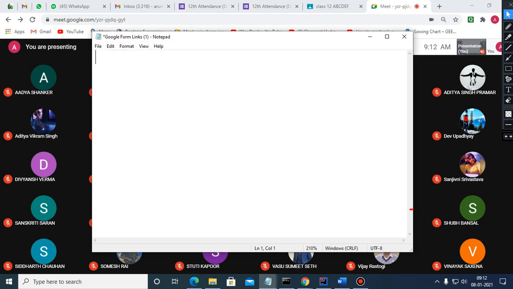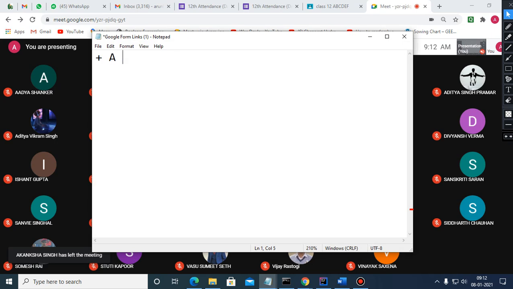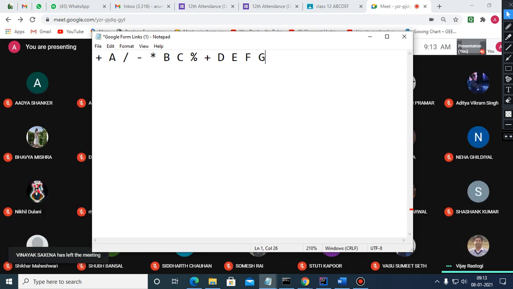The correct answer is plus A divide minus asterisk B C modulus plus D E F G. This is the final answer. Please note down everyone. This is the correct answer.